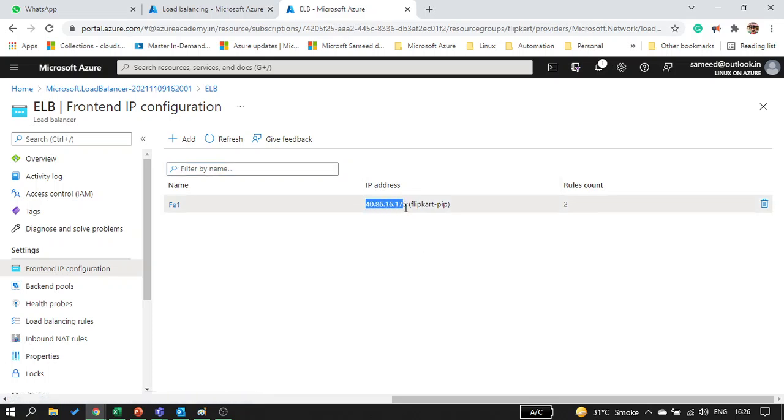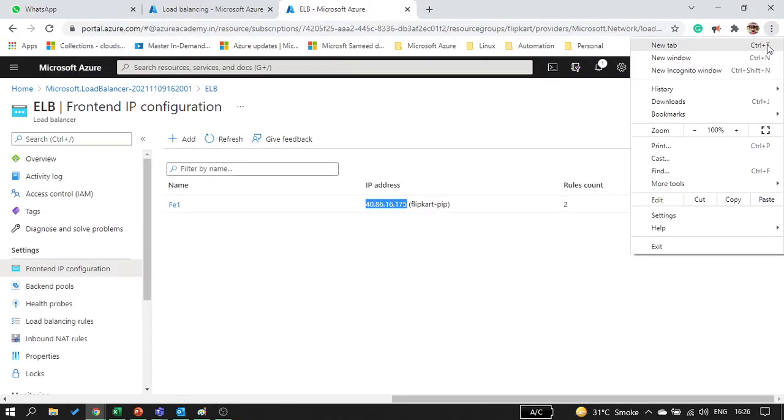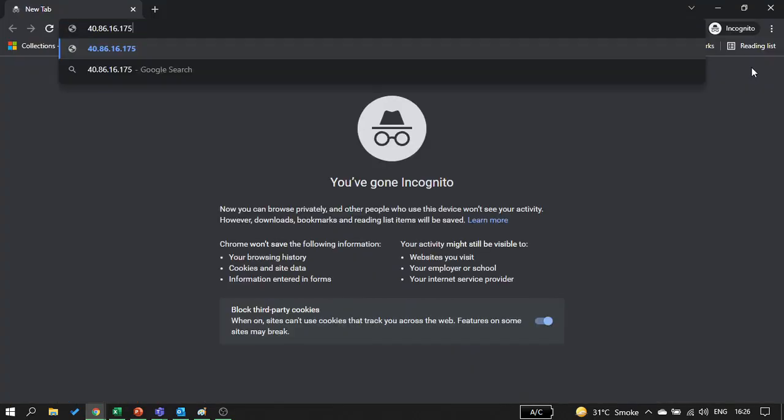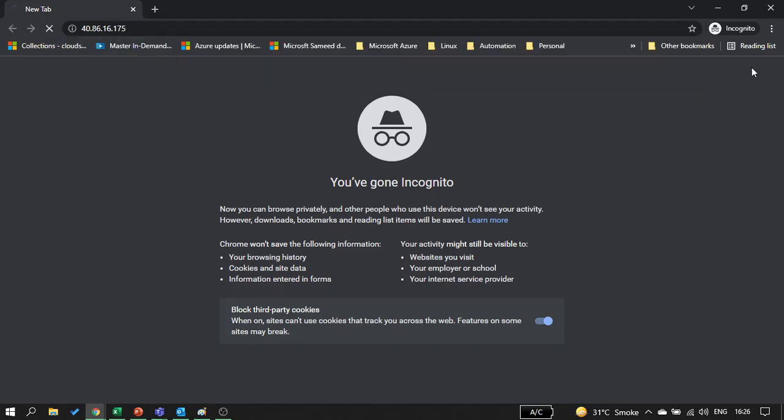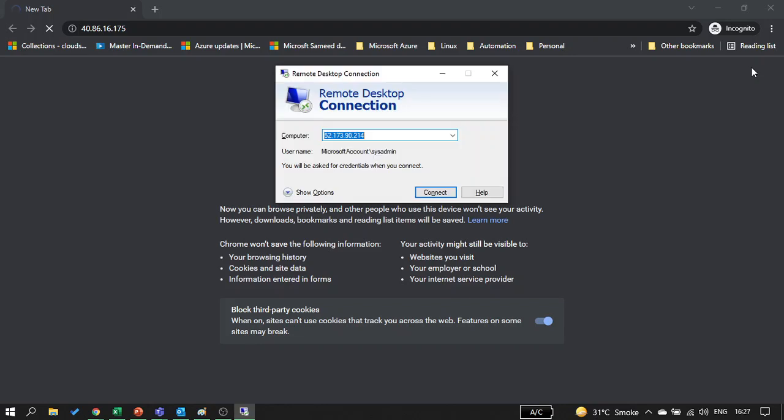If I just run this front-end IP in incognito mode, let me close this one. There's a website still running on my backend. But if I run this, I won't see anything because I haven't created a load balancer rule for port 80. But the same IP, if I just put it